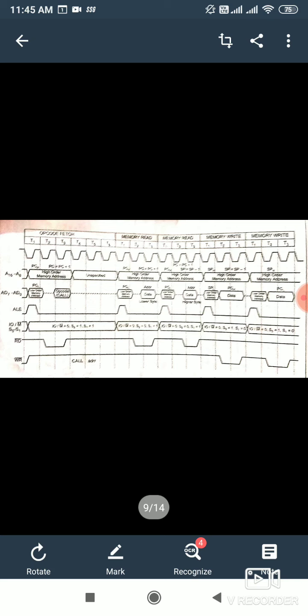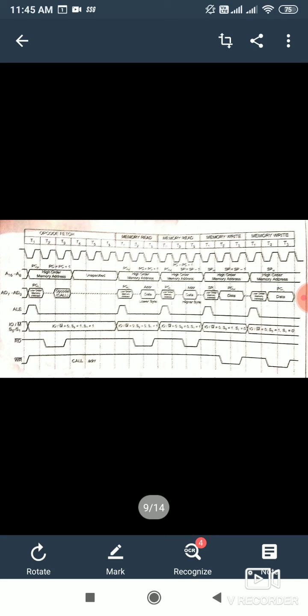Now the microprocessor has read the whole call instruction. Now, the operation of the call instruction: what happens? It has to push the existing program counter to the stack. Whenever the microprocessor sends data to the stack, it has to use the machine cycle memory write.